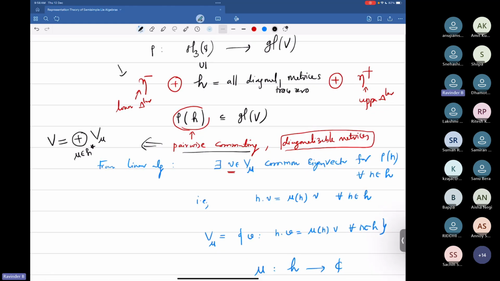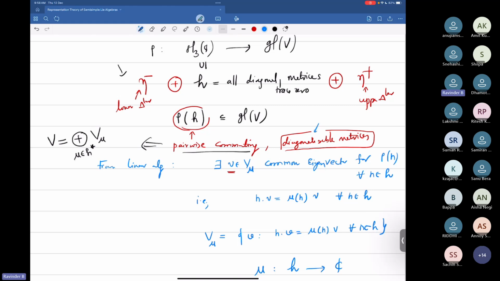No, I'm not saying there exists one element which is diagonalizable. Are you asking about this statement? No, I'm not asking that. You said so, yeah, correct. So this is a fact I'm using. So this diagonalizability is